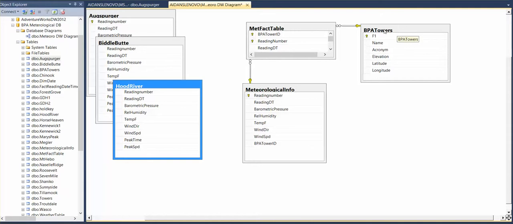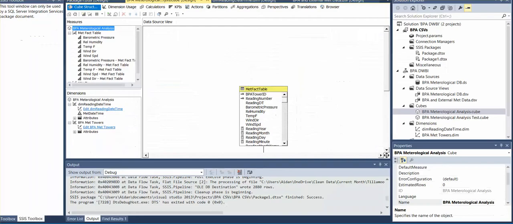So, although these tables are based on actually quite a few others, with just these three we have all the information we need to do quite a few queries. We have the geographical information, the meteorological information, and the all-important time and date information. So, if we flick over here onto Visual Studio,